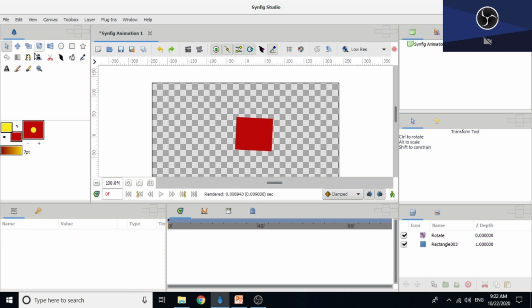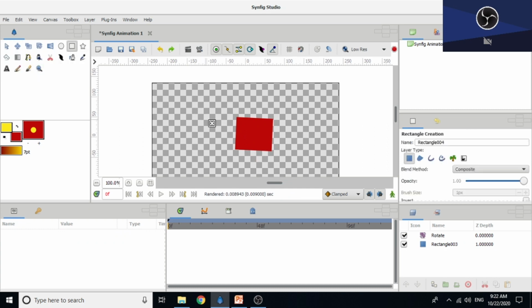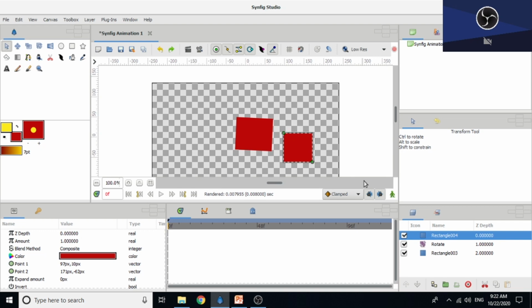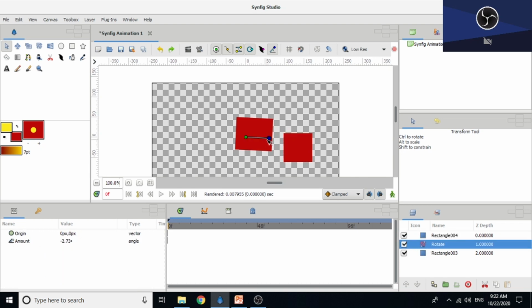Now let us create another rectangle. Select the transform tool. Now click on the rotate layer. If you move the rotate layer duck, it will only move the first rectangle and not the second one. It is because the second rectangle that we have created is created above the rotate layer.